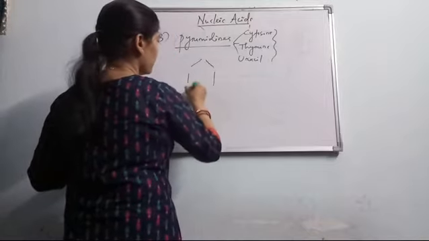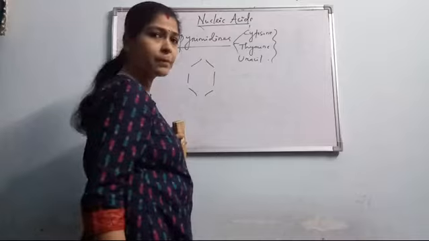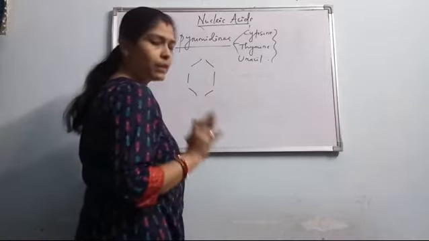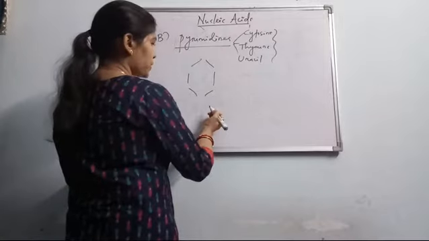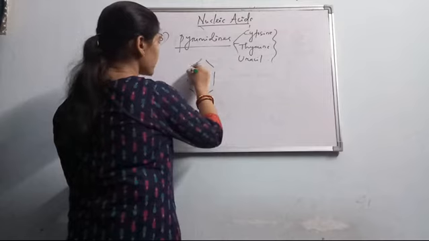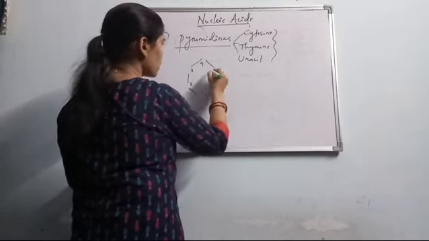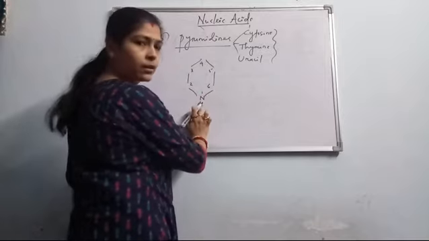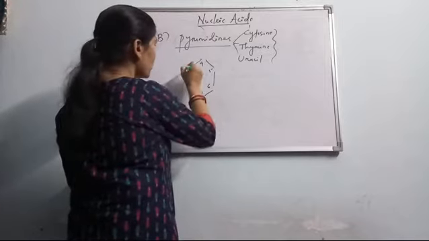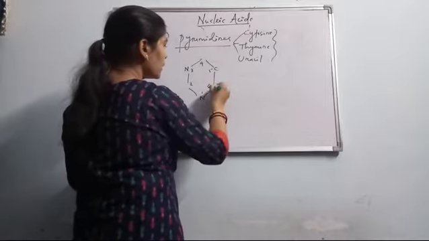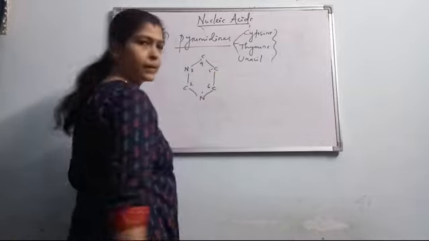So here, see, this is the structure of a pyrimidine ring, and here the numberings will be changed. Numbering starts from here. It moves anti-clockwise, sorry, clockwise. And nitrogen is present in the 1 and 3 positions. 1 and 3 positions contain the nitrogen. All the other positions are held with carbon.